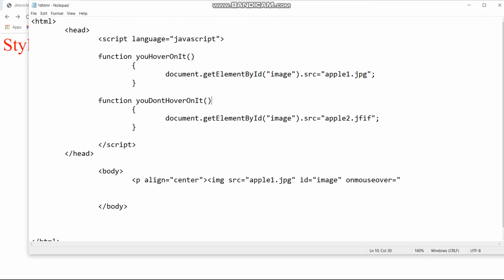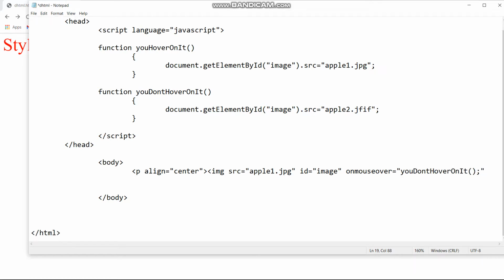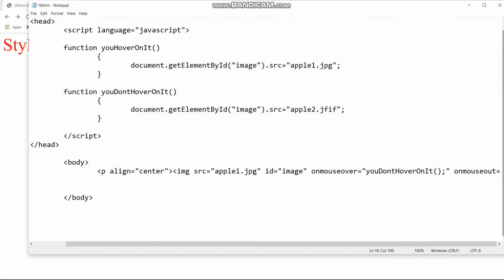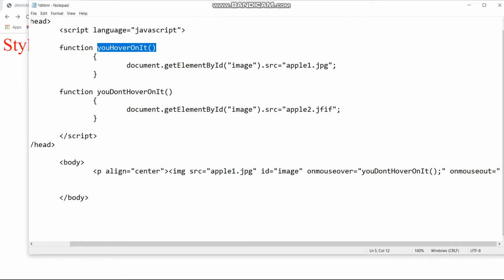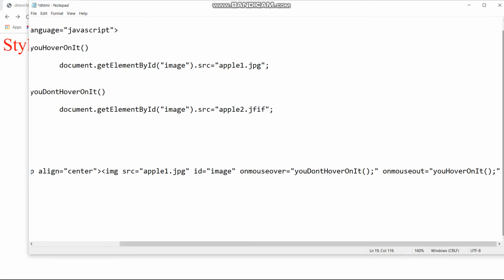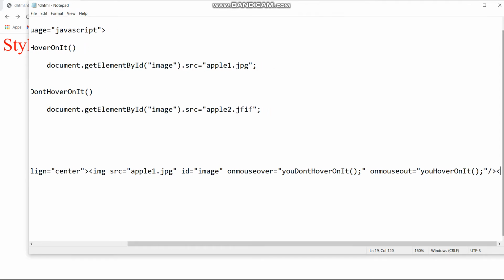So you have two functions, you can keep either of them. I have written here you don't hover on it. Actually we are taking only two images, that is why you can keep anything here. If you are creating any website or something like that, you need to have some more functions, so you need to be specific which file you want to keep here, or which function you need to call here. So now we have used onmouseover, and when we use onmouseout equals to, you have to keep another function on it. So be specific for the syntax also. Then the paragraph tag is closed.